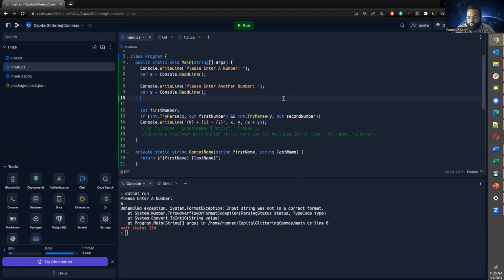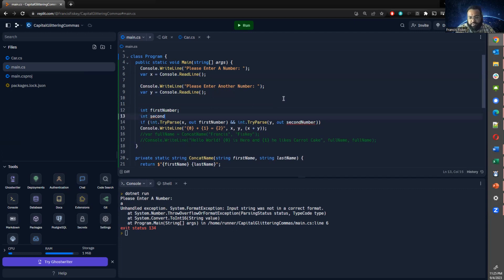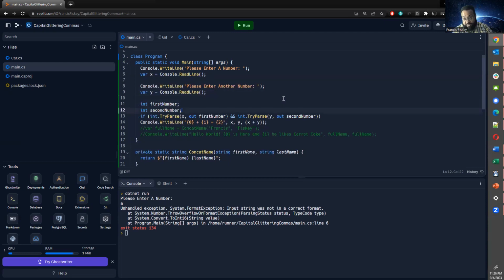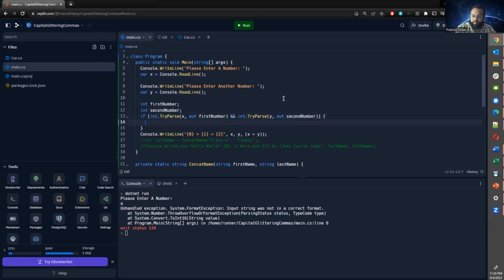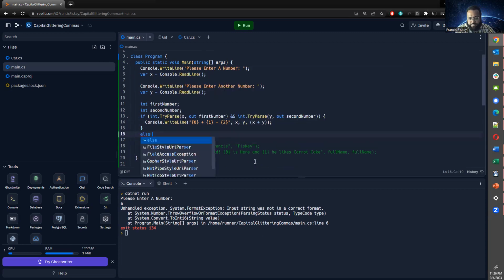You should do a try. You should do a try parse. So we have int first number. We're going to say int second number. Great. We have both memory locations allocated correctly with the correct data types. So now the program won't do what I don't want it to do in the unhappy path, because if it does not work, I can return a value that says else